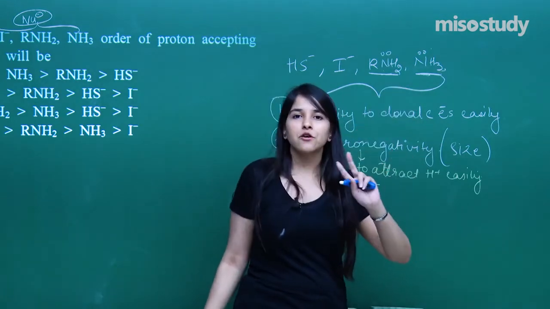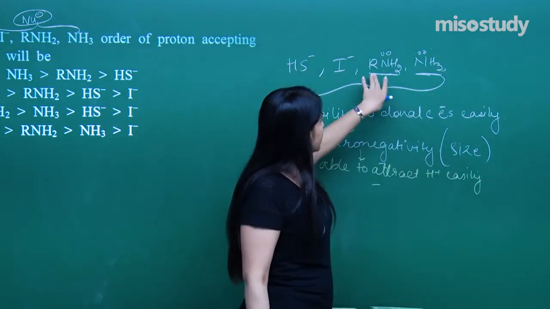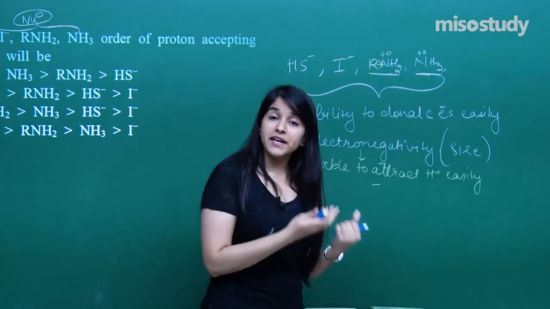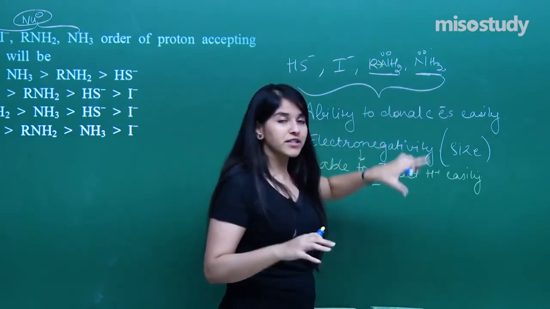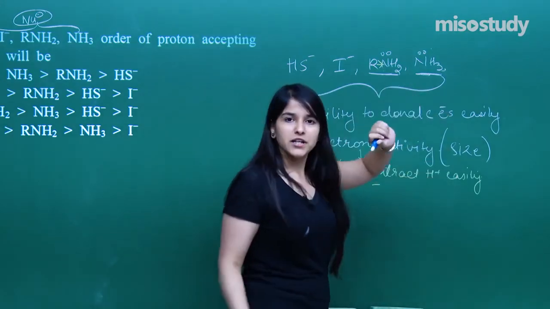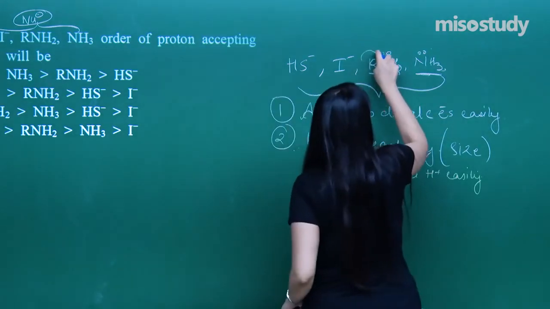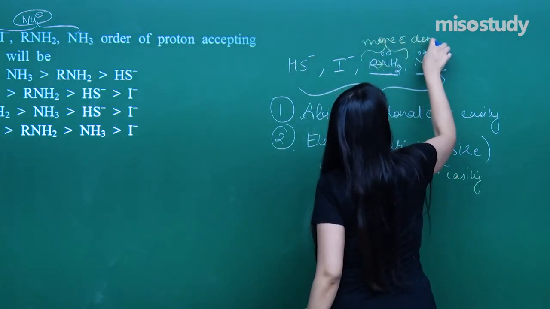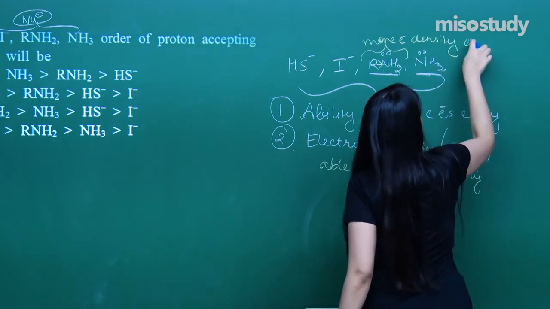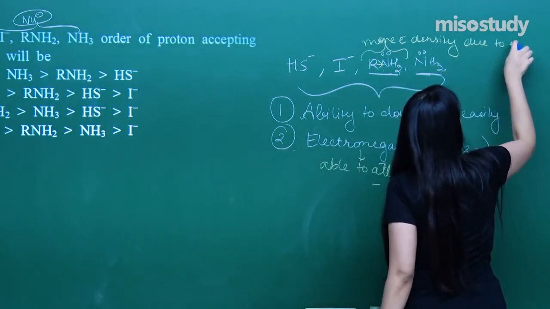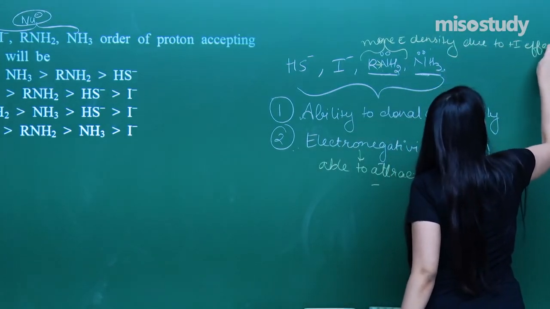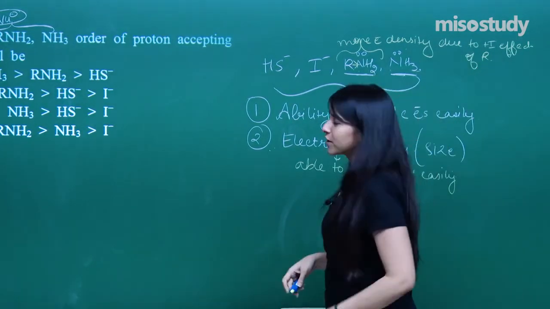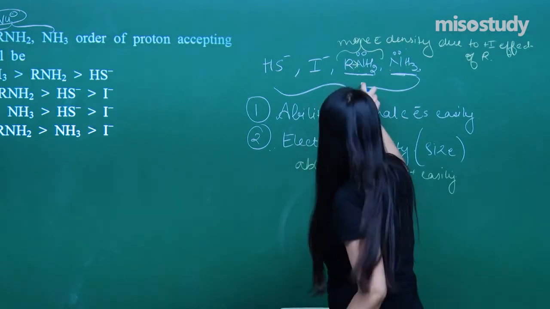Now out of the two, how do I eliminate one? So as you can see over here, there is the R group again donating. So it will be increasing the electron density onto the nitrogen more as compared to the ammonia. So here more electron density due to plus I effect of R. So that is what is going to be our approach. That means I have got option number 1.